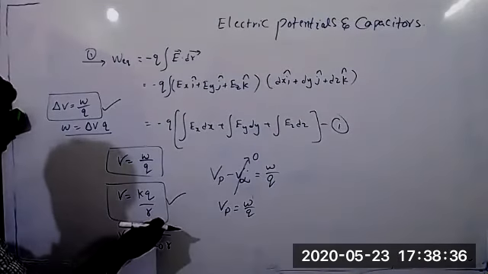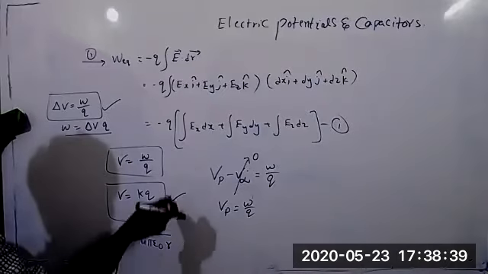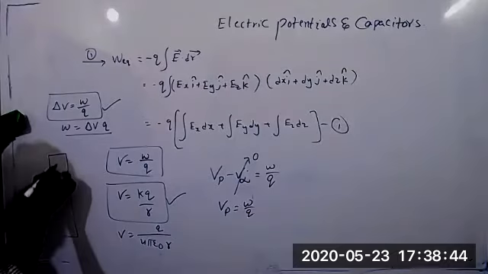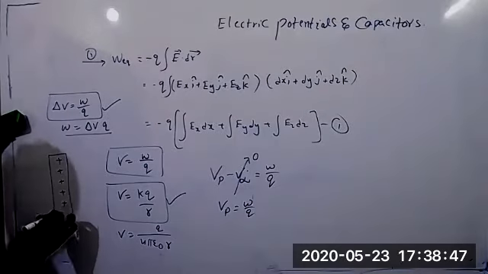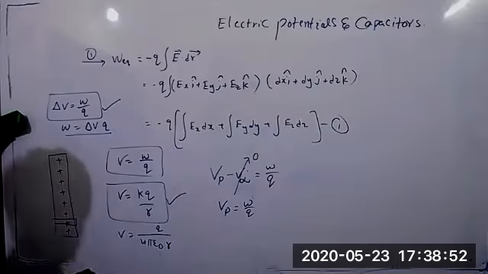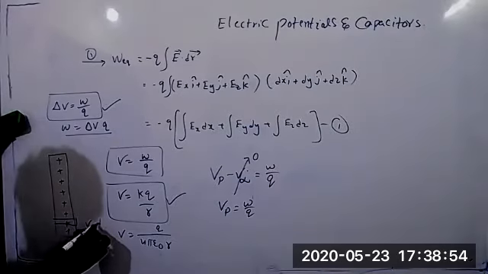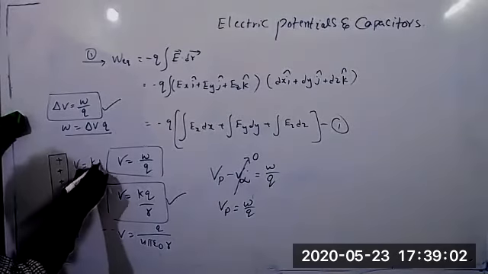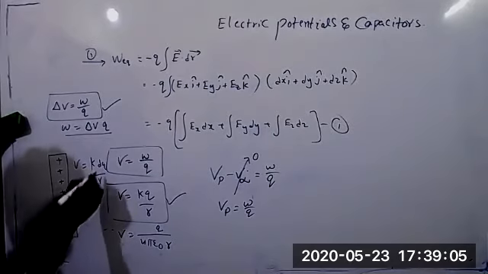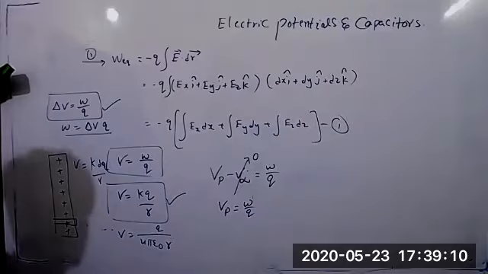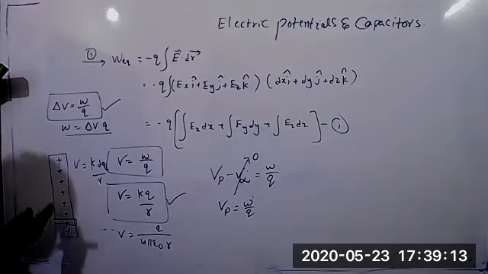By using this, we know how to write for extended objects like continuous charged bodies. If they have given any continuous charged bodies, very easy. Here what we have to do is take a small element. Due to the small element, potential will be small. So V is equal to K dQ by R we will write. After dq, how to calculate dq? If you don't know the charge, how many charges are in this body?